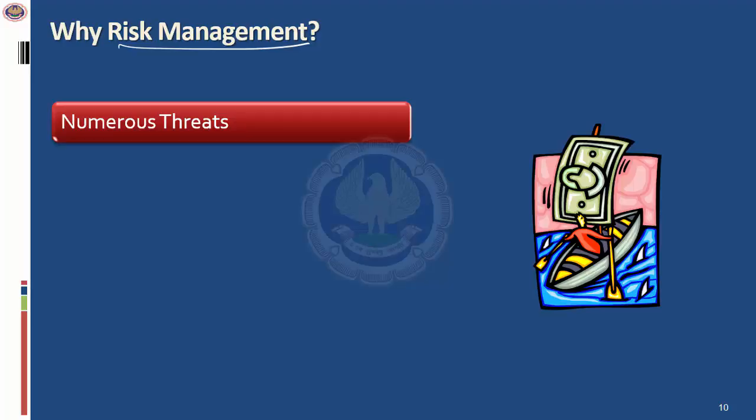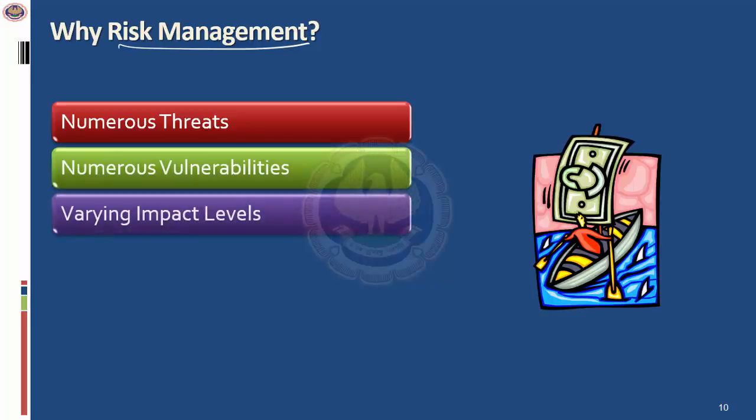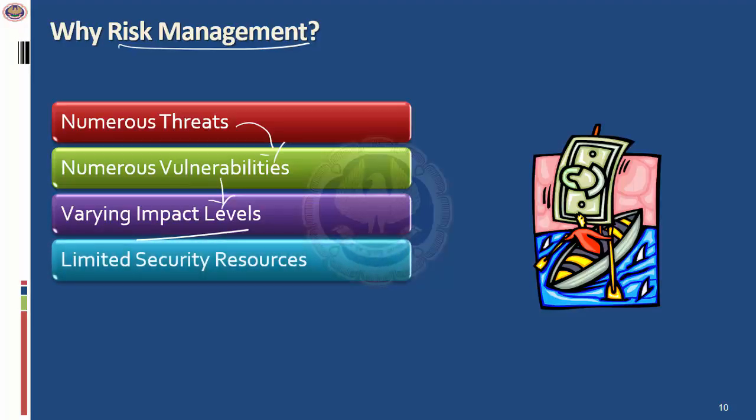Why risk management? Because there are numerous types of threats, and there are numerous vulnerabilities. There are also varying impact levels. If the threat exploits the vulnerability, there is going to be an impact, which is a potential loss, and there could be different types. For example, there could be fire. There could be fire in the building, there could be fire in the data center, there could be fire in a particular canteen. So there could be fire at different places at different levels to different extents, and that will have different levels of impact. So when you do risk management, you actually identify different types of scenarios, and then based on that decide what the right level of control is required.